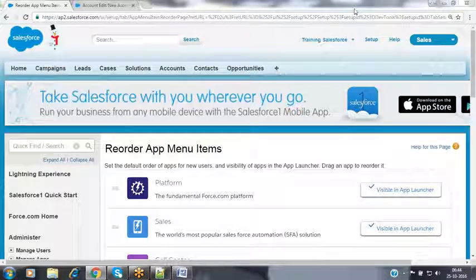Firoz, while creating the application, there were two columns: visible for profile and the other one is